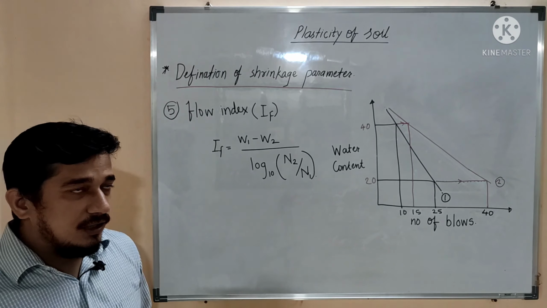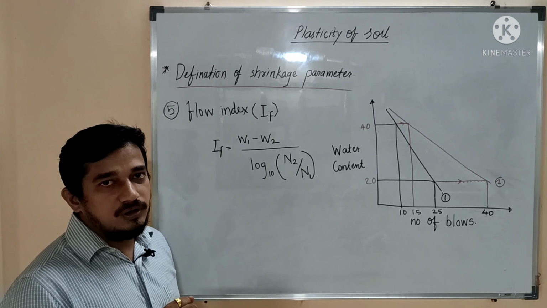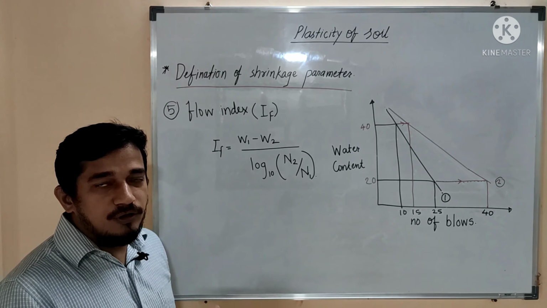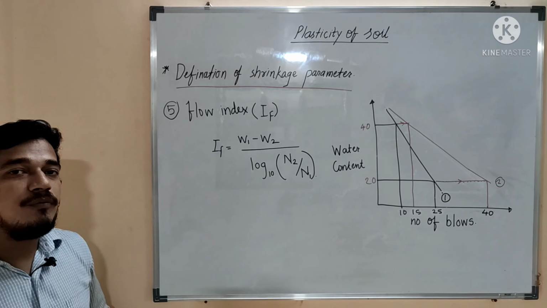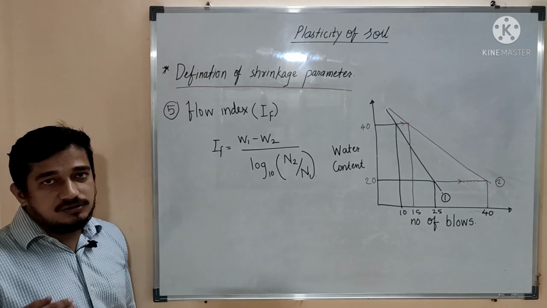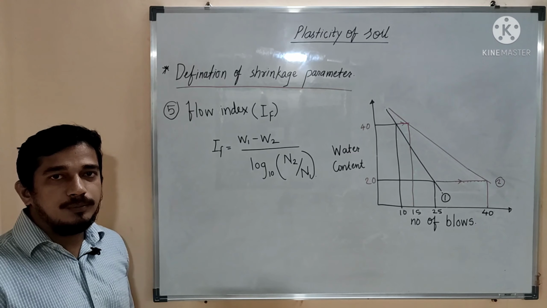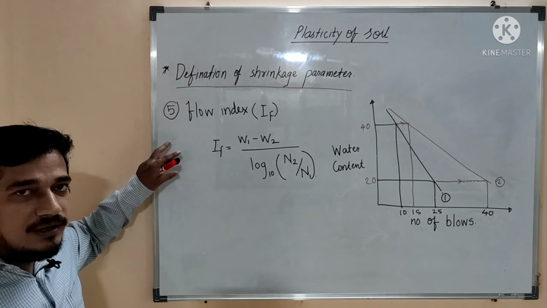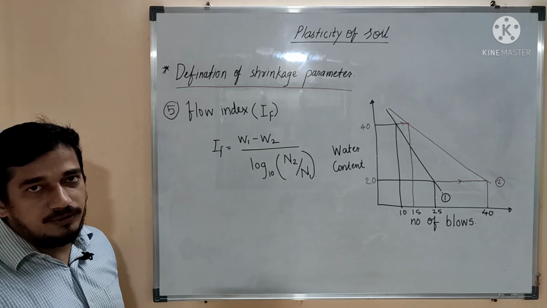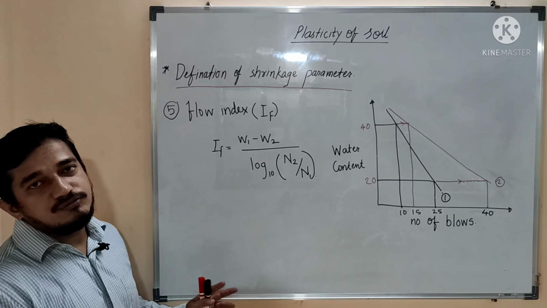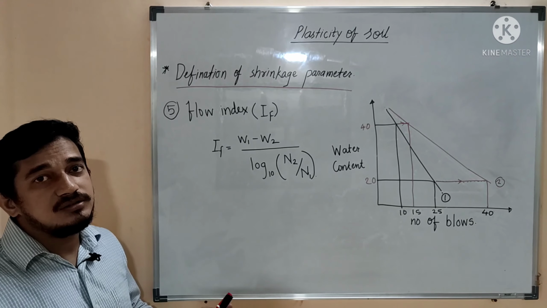So indirectly the flow index is indicative of shear strength of the soil. If you are having flow index of two soils, then you can easily say when the slope is flatter, the shear strength of a soil will be more, and when the slope is steep, the shear strength of a soil will be less. So flow index is a term which is derived from consistency limits of a soil. It's nothing but the index property of a soil, but it indicates engineering property of a soil, that is nothing but the shear strength of a soil.